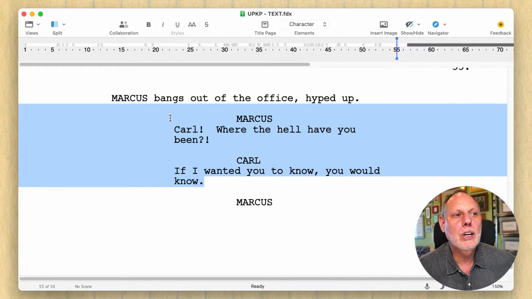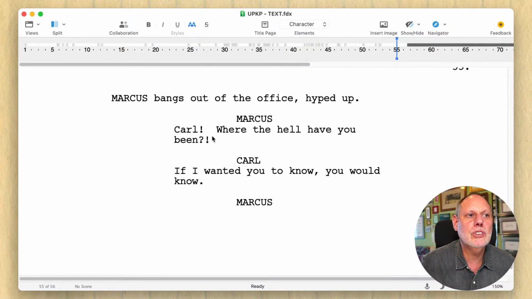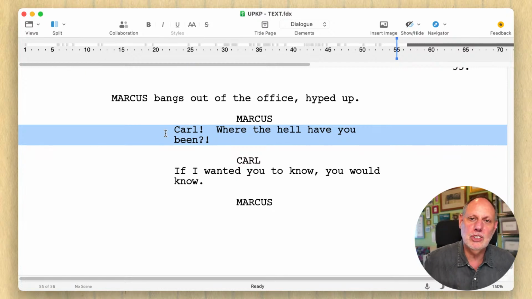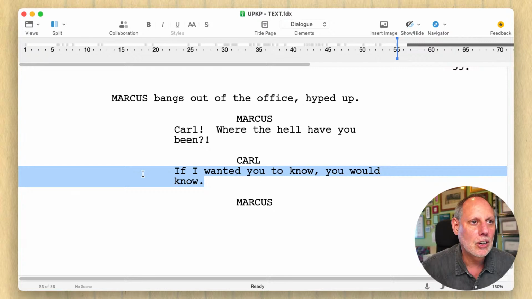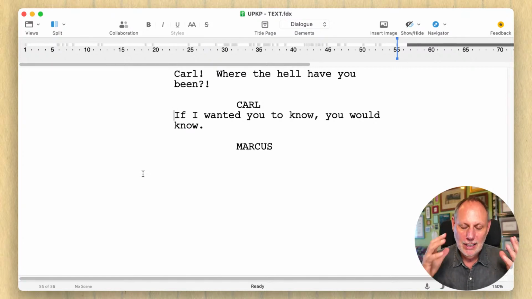What's wrong with this, by the way, if you want to know, is it is on the nose and it has no distinctive personality. Anyone could say this. And we need our characters to not be just anyone. Marcus has got to have a style. Is he timid? Is he agitated? Is he, whatever? And Carl, I'm sure, has a better answer, one that actually gives us more of an insight into what he thinks he was doing. But right now, I don't want to worry about that, because when you're doing the rough draft, it's sometimes more important to get the basic shape in there than to fret over a distinctive thing that you may not even be able to keep because the basic shape isn't right yet. Okay, for the moment,